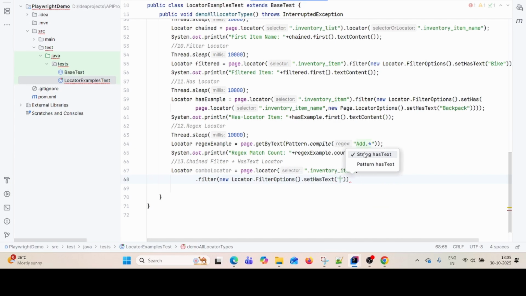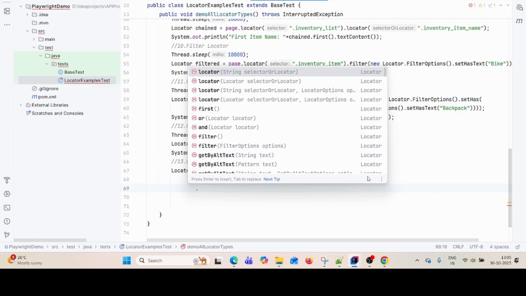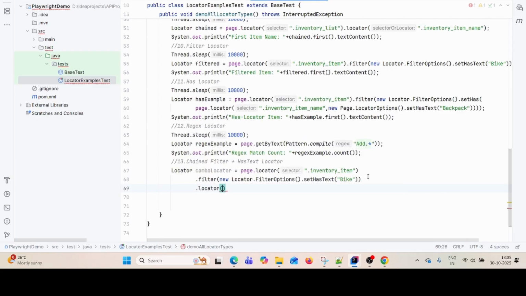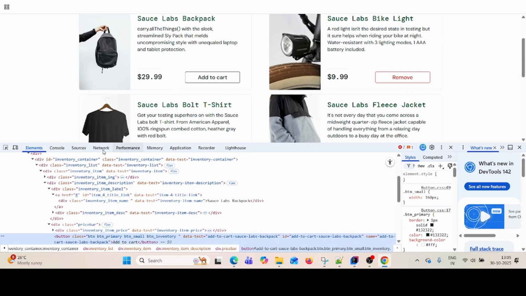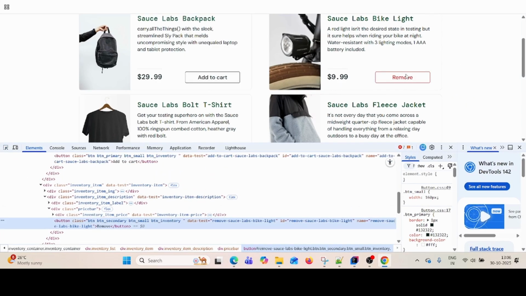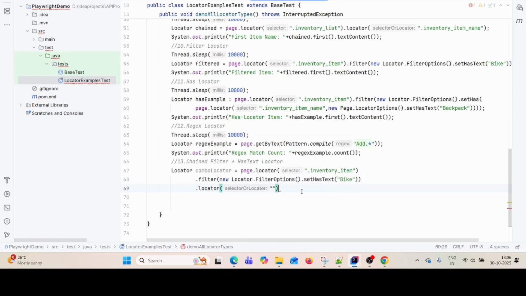Sorry, bike, then after that dot locator. In that case we'll pass remove. If you observe, this is the remove, so has text remove. Dot locator,